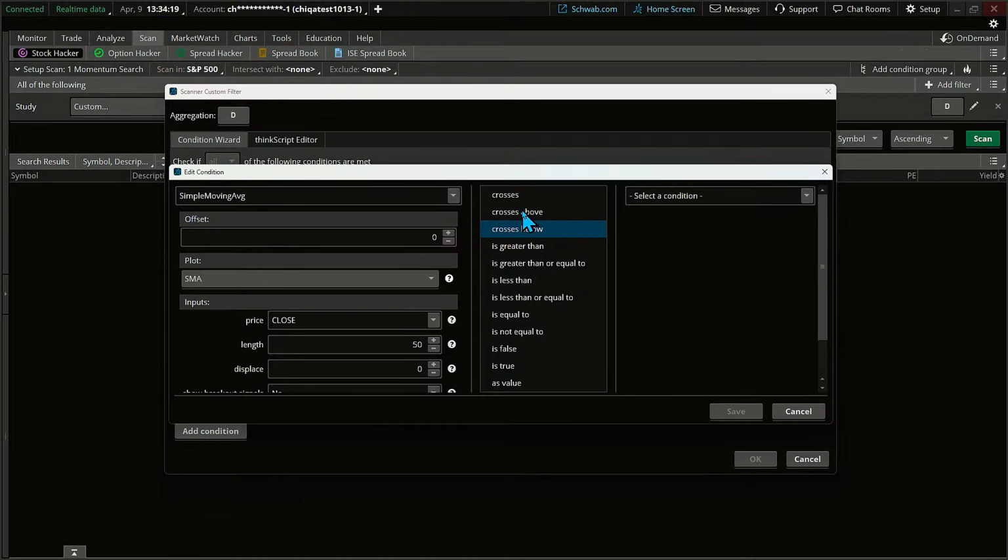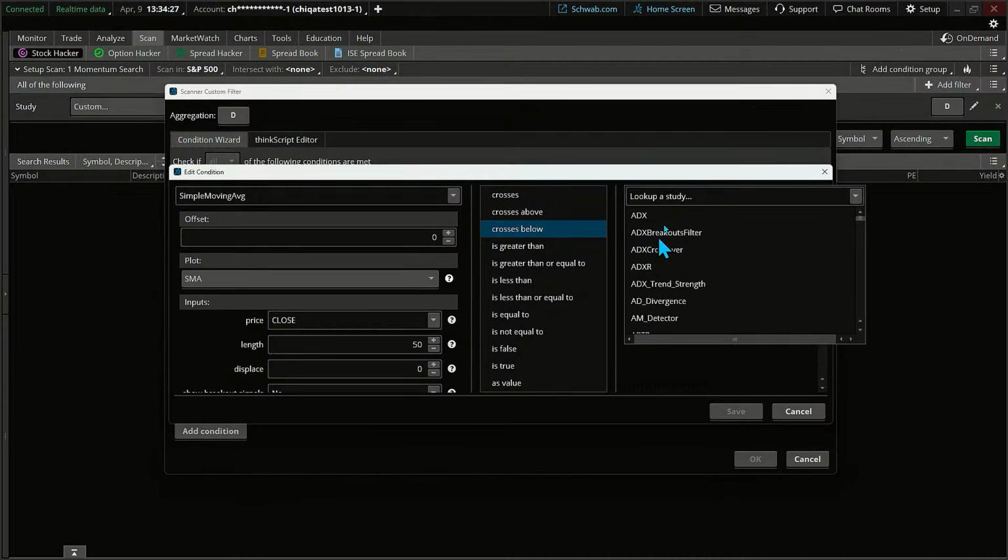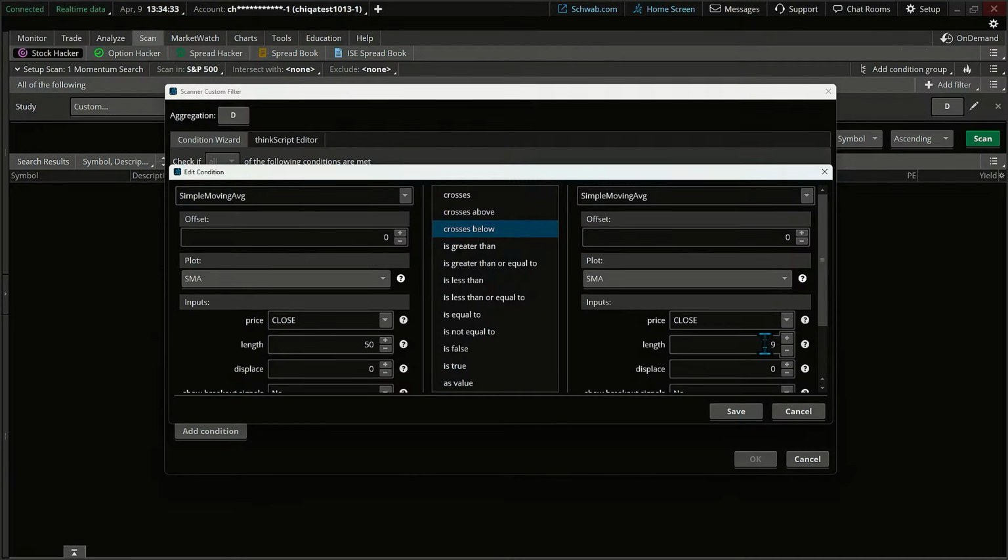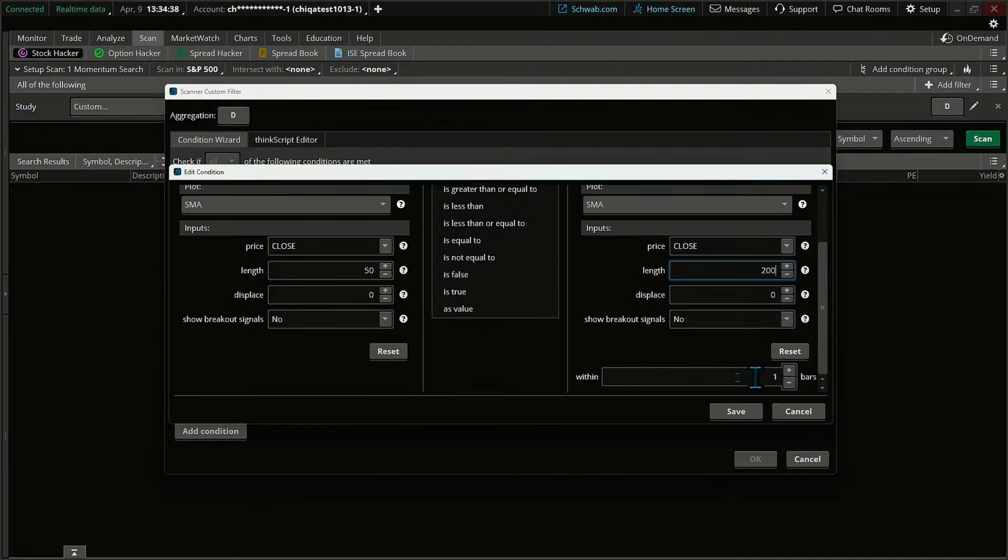The golden cross is just one click above it. And it can be changed quickly, but let's do this. I'm going to flip it back and forth just to show you guys, but here's the simple moving average right there. This is going to be our 200 because we're just defining that. I'm going to say, watch the, shoot. It's been a little while, but let's just say within the last 5 bars, we've had a death cross.